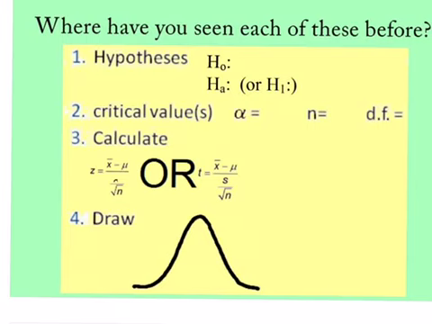Hypotheses. Those were a 7th grade science type of thing. You may not know specifically what these two are, but hypotheses are educated guesses. Critical values, those are your tables, whether Z if you know sigma or T table when you don't know sigma. Alpha is the percentage in each tail. It's also known as the percentage you're willing to be wrong. N is your sample size. DF is the degree of freedom, which is known from its